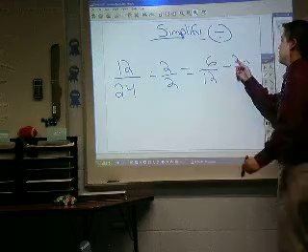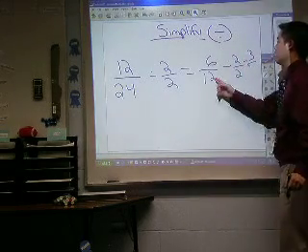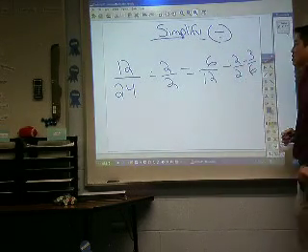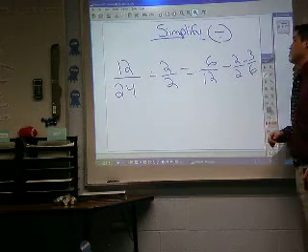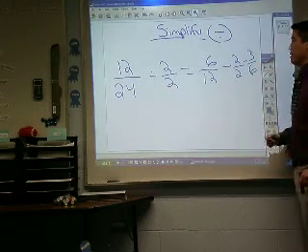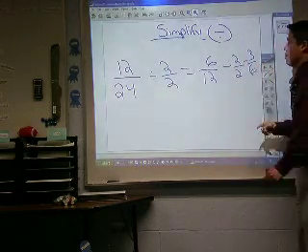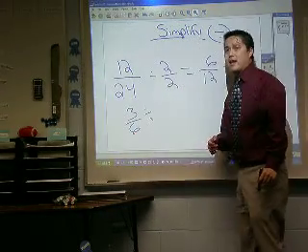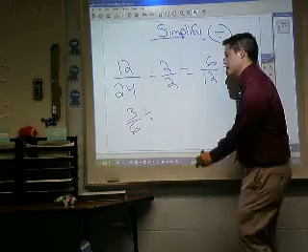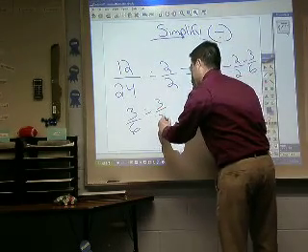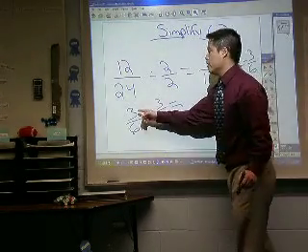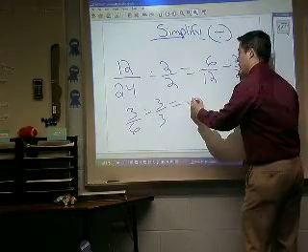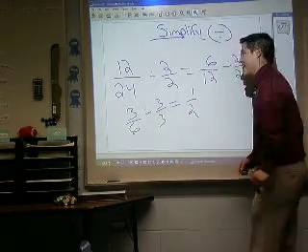And I know that 6 divided by 2 is 3, and 12 divided by 2 is 6. So I got 3/6, but you still wouldn't get full credit because it's not in simplest form. I would take 3/6 and divide again, and I know that a factor of 3 and 6 is also 3. So I'd have to divide 3/6 by 3 over 3, and then I would get 1/2.